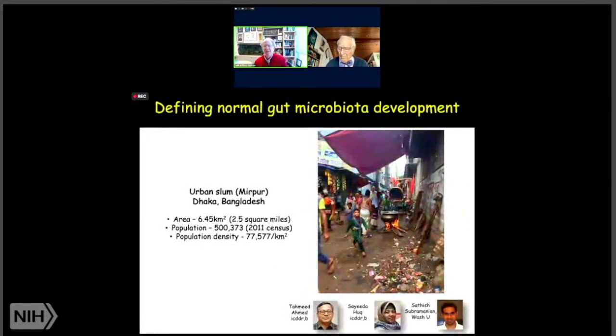So I'm going to take you on a multi-step journey that Dr. Arias has alluded to in his introductory comments. A journey, I think, that is emblematic of the journey that many people in this field are pursuing. The first is to define normal in a given population and ask whether that definition of normal generalizes to other populations. The second step is to develop a metric or metrics for quantifying deviations from normal and determining whether those deviations correlate in a statistically significant fashion with disease and disease severity.